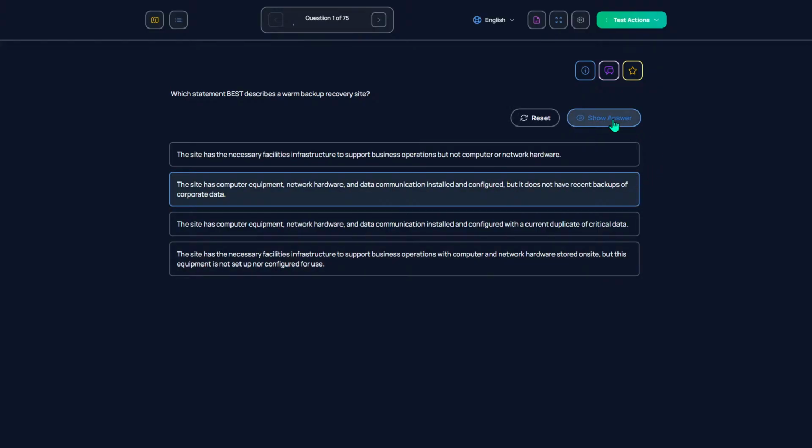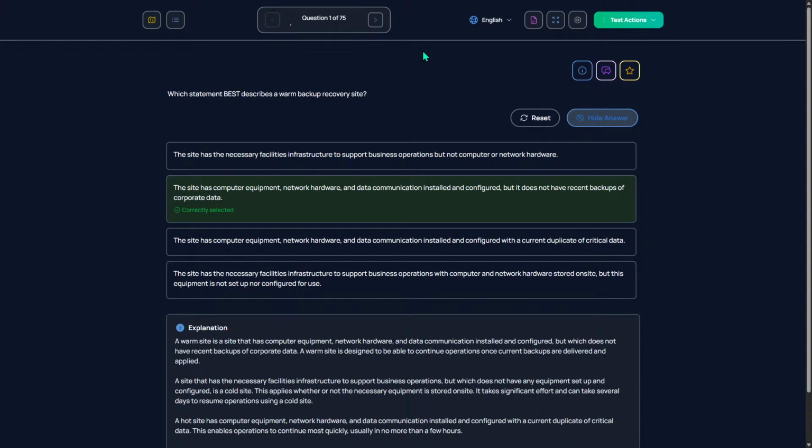It does not have recent backups. It's everything that a hot site is, except it doesn't have the data backed up already. Realistically, they will have some data, but it would be old data.